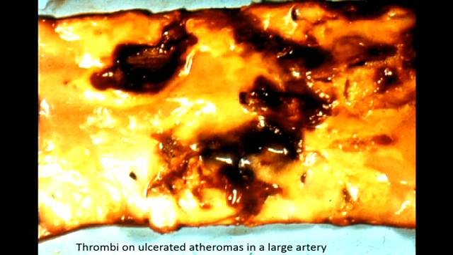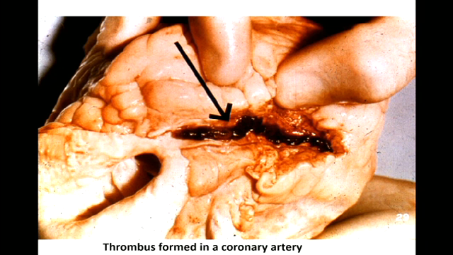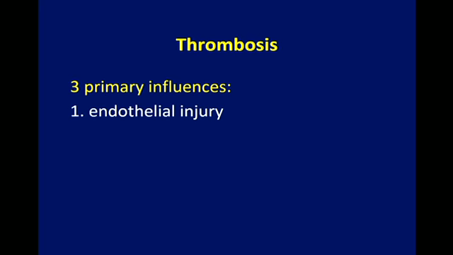On top of atheromas, and as I said, Seb's video is coming up shortly. These are what are called ulcerated plaques or atheromas. Again, exposure of collagen and turbulence increases the risk of formation of thrombus. Here is a coronary artery, again, due to turbulence and atherosclerosis, ulcerated atheroma, and that coronary artery is completely filled with a thrombus. So there's endothelial injury, and we've sort of talked about the next one, in relation to turbulence. So turbulence,